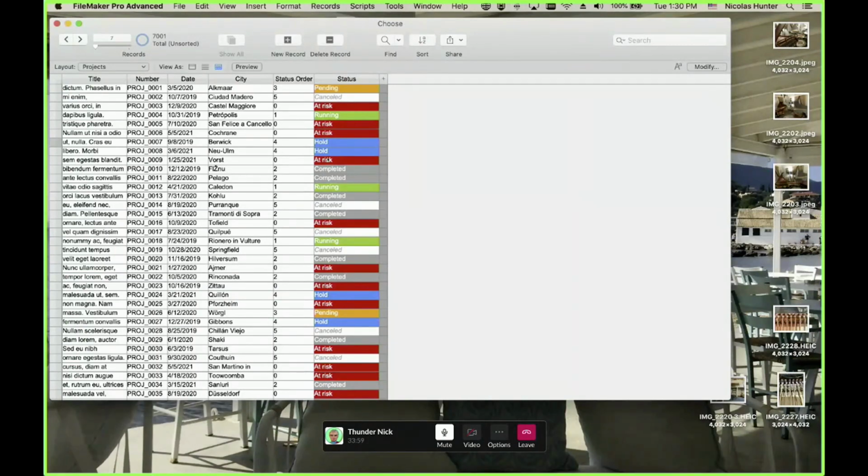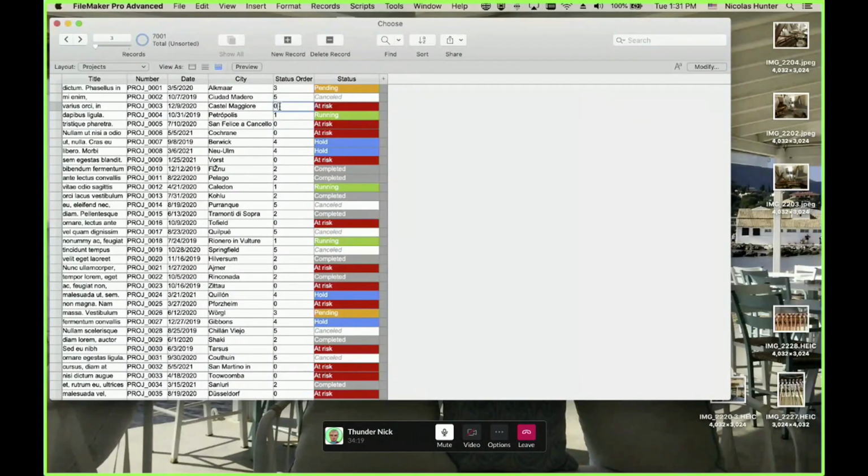You want to prioritize a status. You have statuses more important than others. For example, here the most important is what is red. That means at risk. So I want that to be the top priority.